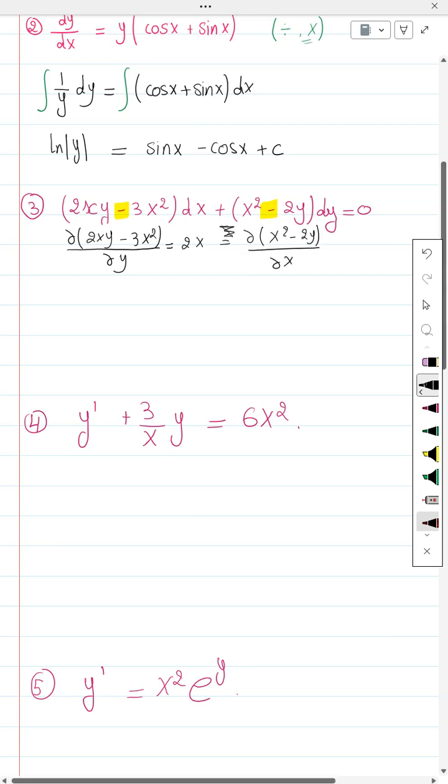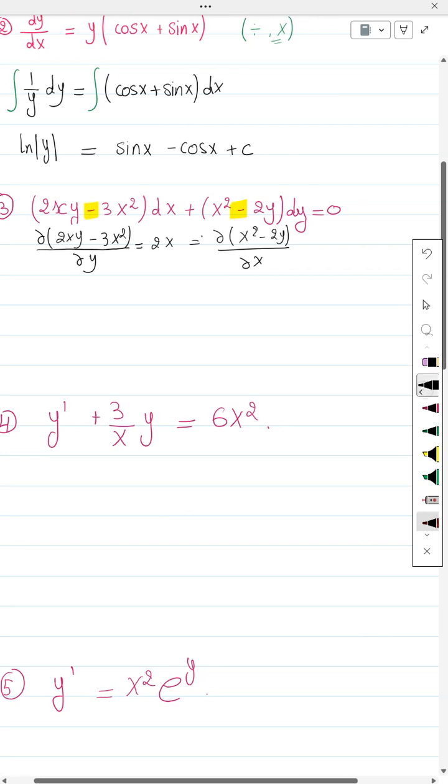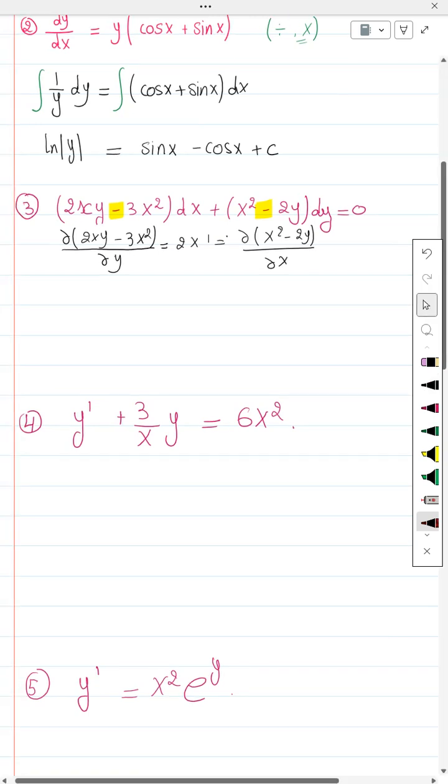which is also 2x, so it is an exact differential equation. And we know how to solve an exact differential equation. So from the first equation, we get 2xy dx minus 3x squared dx plus x squared dy minus 2y dy, which is equal to 0. By taking minus 3x squared dx and minus 2y dy to the other side, we obtain